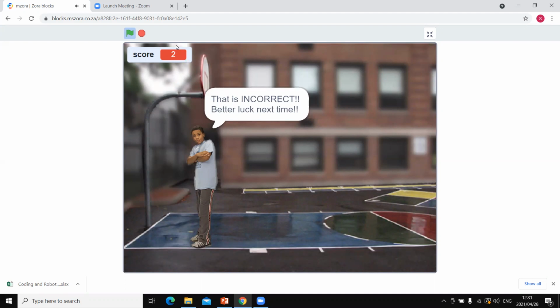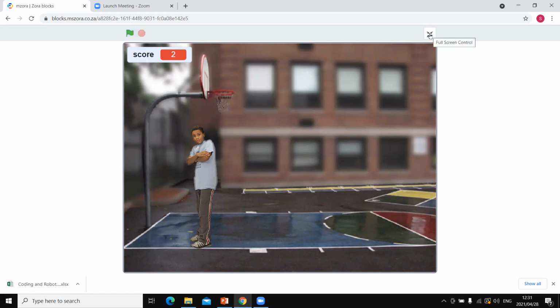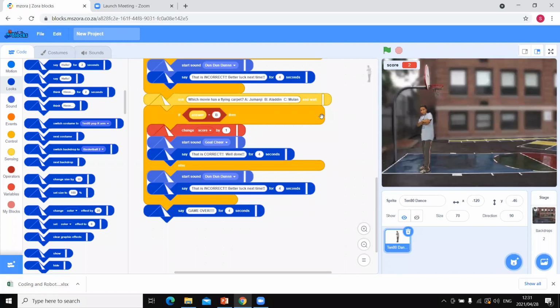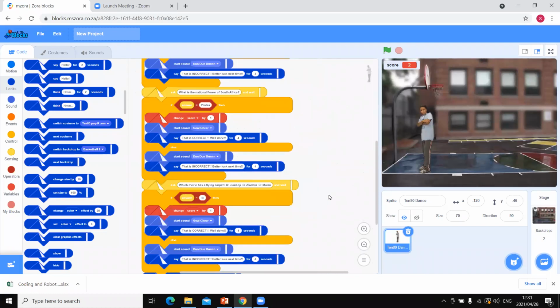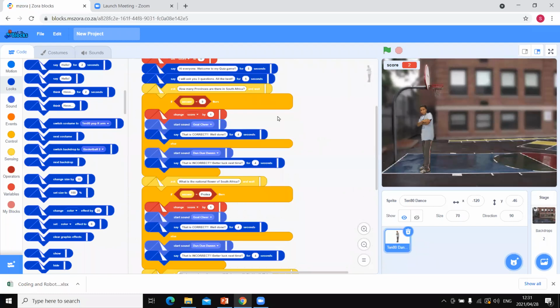Incorrect, but can you see the score did not change? And then it says game over. Okay, so everything is working so far. Now, can you see we started off with a small program, but slowly, once you do the first question, you just right click and duplicate. Like if I want to put 5 more questions, I can just right click and duplicate it. And then I can just say,